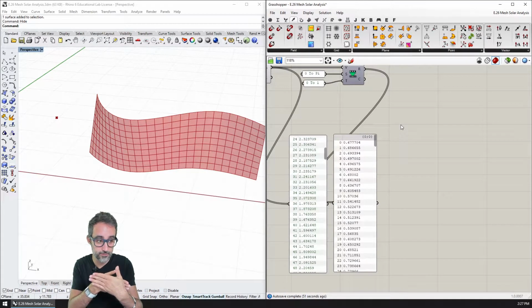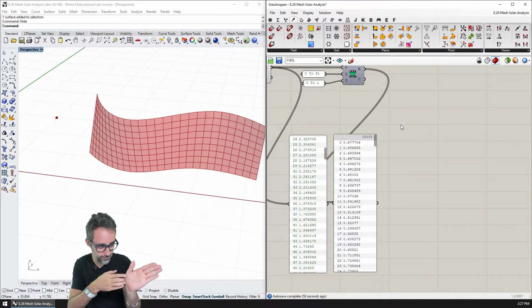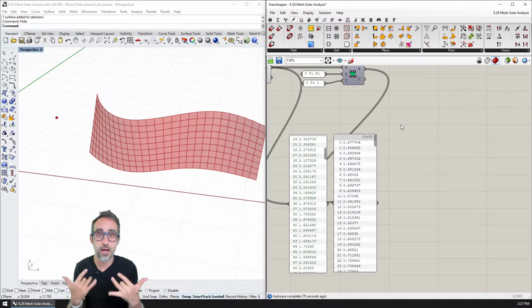So 1 being that it is very frontal, and 0 being that it's not. So like this, okay? All right, so now what I would like to do is use those numbers to represent here on the mesh with colors how strongly the sun is hitting the mesh.